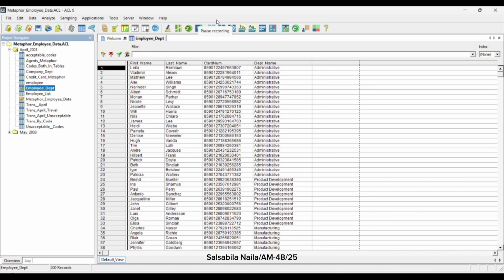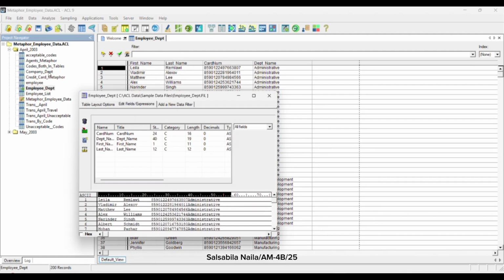Okay, so the next step is to relate the Employees Dept table to the Trans_April_Unacceptable table using the card number field in each table. First, we compare and harmonize the card number fields. In the Employees Dept table, we select Edit Table Layout, and the list of fields indicates that the card number field has a field length of 16 and the category of C for character.